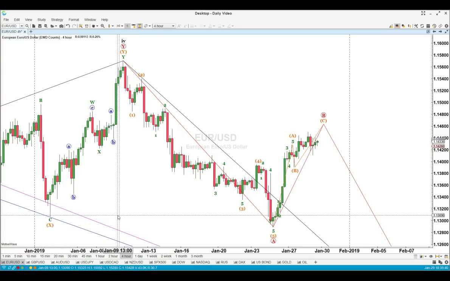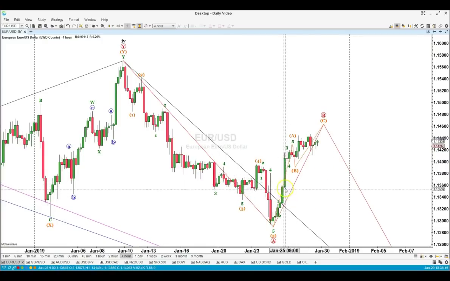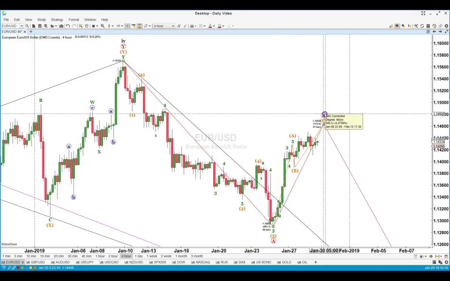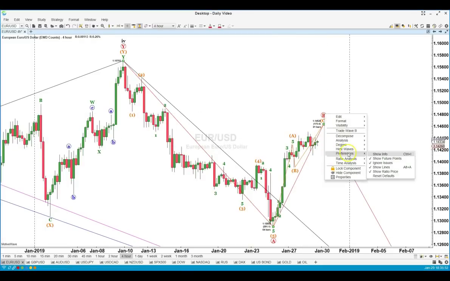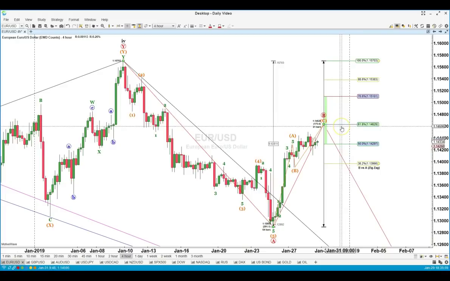So let's start taking a look at the euro that has been climbing during the last days. You can see a lot of green candles, and today's consolidating. We are expecting a little bit more of a bullish price action this week. The Fibonacci target for the B leg is at the 61.8%. So mainly the plan on the euro is to have the price building this higher high, and once it